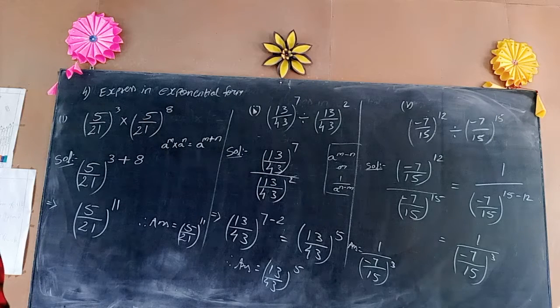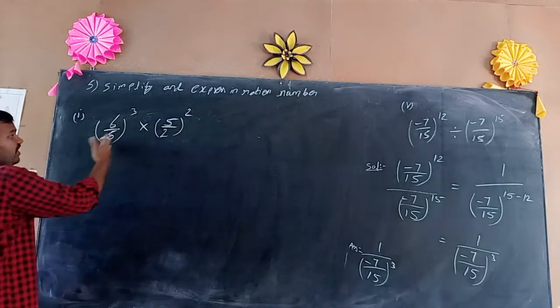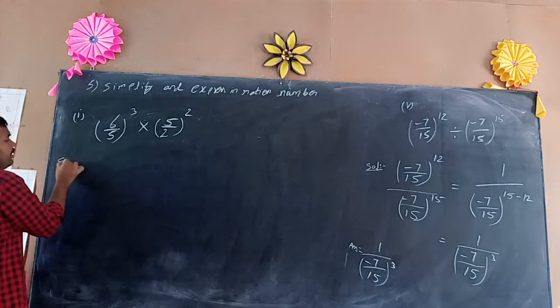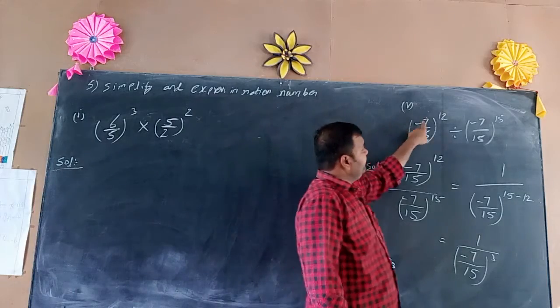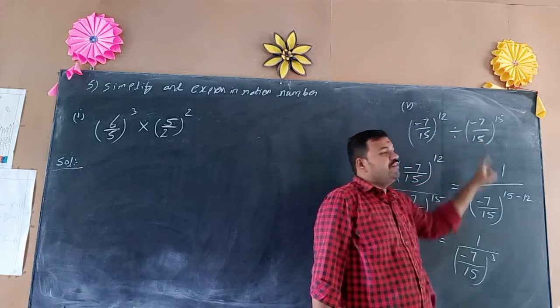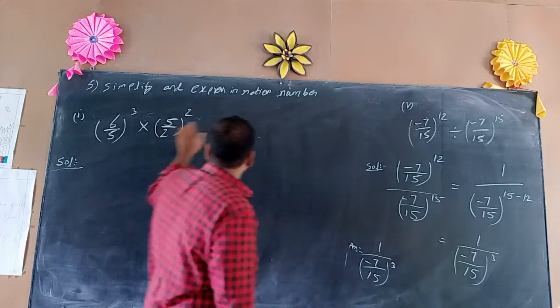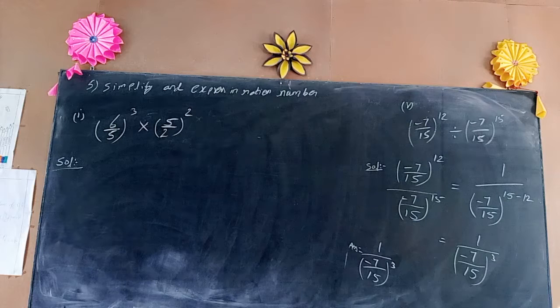For that sum, I am showing one model here, see. Okay, see this sum. In this sum, bases are not same. So, under multiplication also we should not apply that one, because bases are not same. In this sum, the bases are 7 minus 7 by 15, minus 7 by 15. Both the bases are same. So, we apply the division formula. But here we cannot apply the multiplication formula, because in this one the bases are not same. So, we cannot apply that formula.